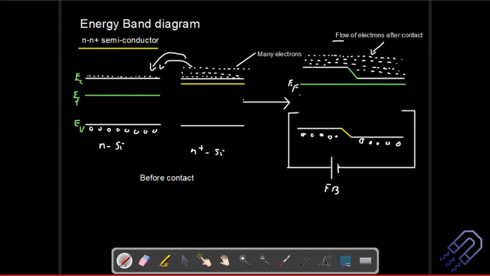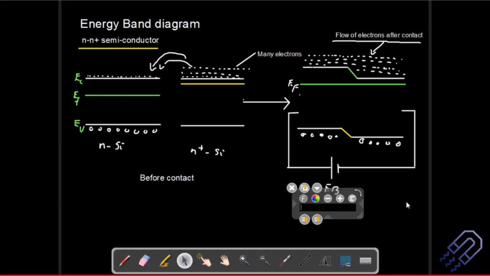This is nothing but the flow of electrons. So this is the flow of electrons after. Okay? So this is something which happens after. So this is the entire explanation for this. I would suggest that all of you just go through this and try to understand how to do it. Okay, it should not be very difficult for you.